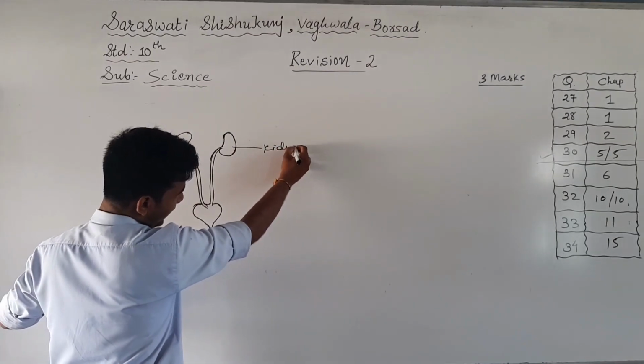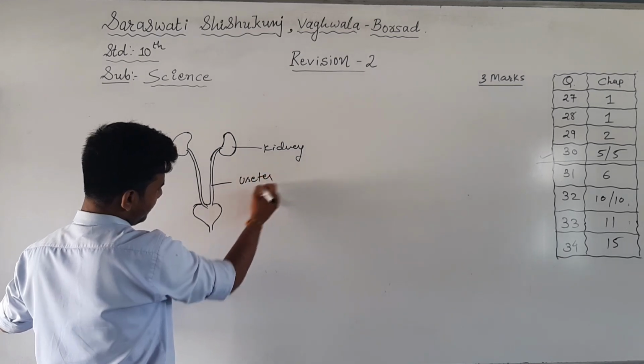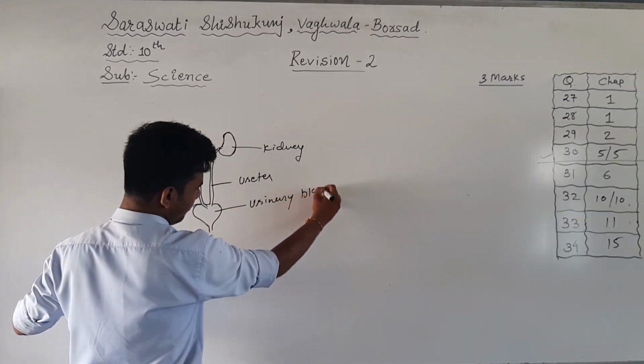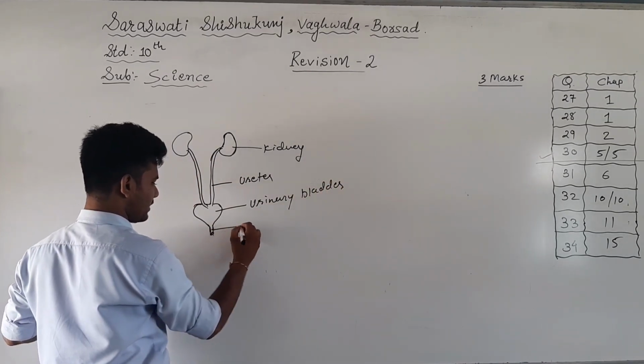So the pair of kidneys, ureter, urinary bladder,